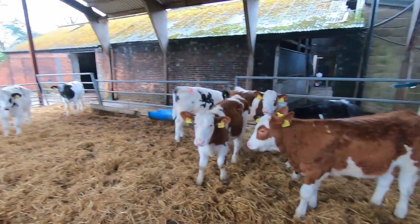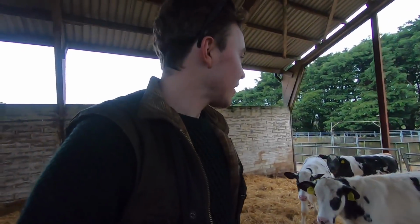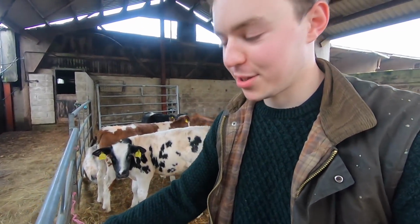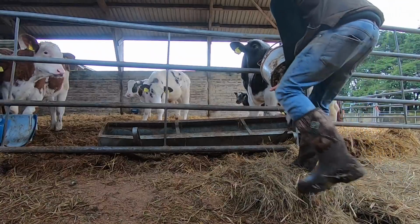So we'll just give them a few nuts. They're still a bit all over the place from when they had their vaccine earlier. But other than that, they're all well. And it's so rewarding when they've had their vaccination, because you don't have to worry about them getting pneumonia. Well, touch wood, not so much anyway. Because even with the vaccine, there is a chance they could get it, but...